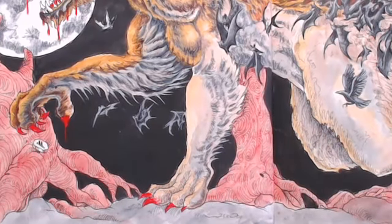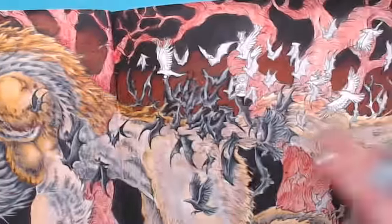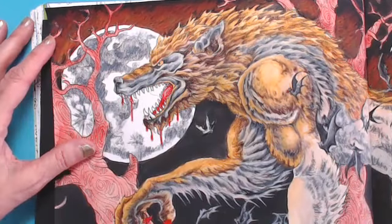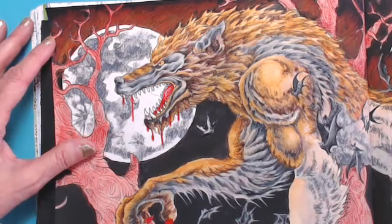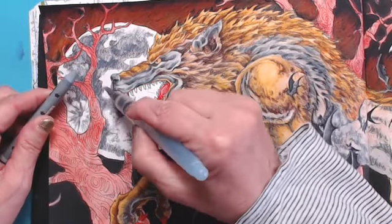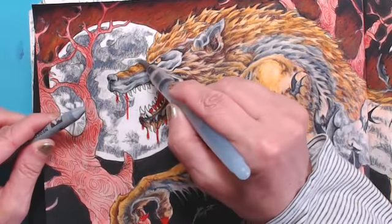Okay, let me put this gray down. You know what, it's so stark now. I'm going to need at least a shimmer of gray, like a medium gray. Let's see, which gray do I want? A light gray. I just want to get the white off. Let me take a light gray and just put enough of a wash on the moon to get the white